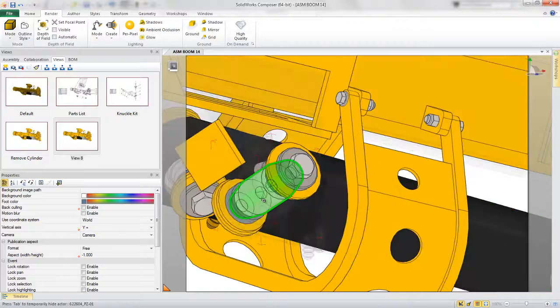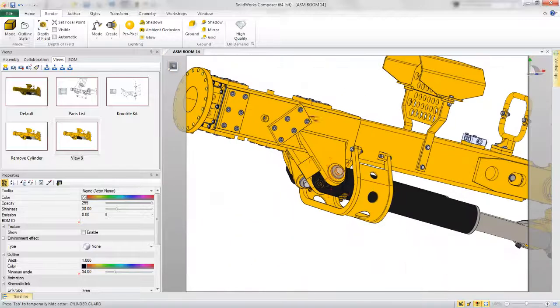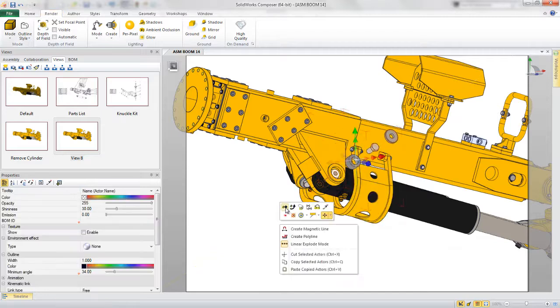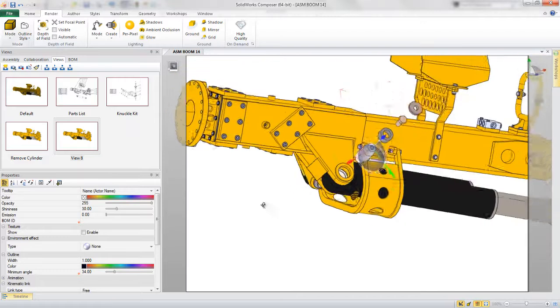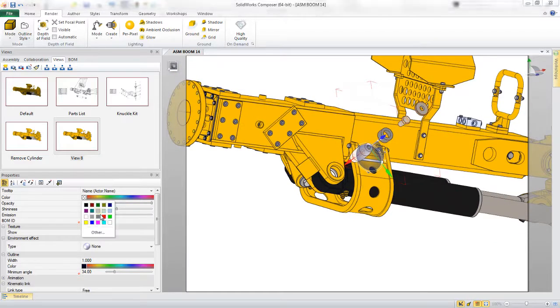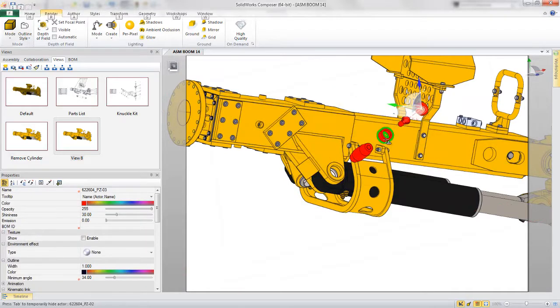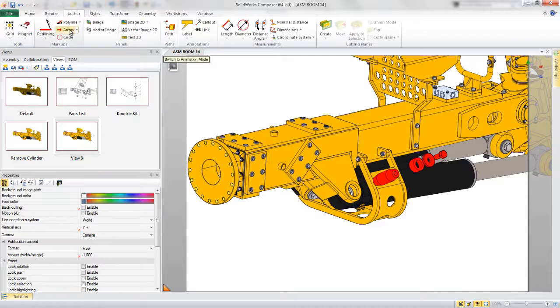It's very similar to what we did before in that we're going to be selecting components and using very similar, or in fact the exact same tools that we used before, such as Linear Explode. A few of the key differences, however, might be how we move these components around. We're going to be selecting geometry to make sure that they pull off in a specific direction. We're going to use the properties that we saw earlier to change the colors of these components so they really stand out. As you can see, we're using all the same tools we used before, but let's introduce a new